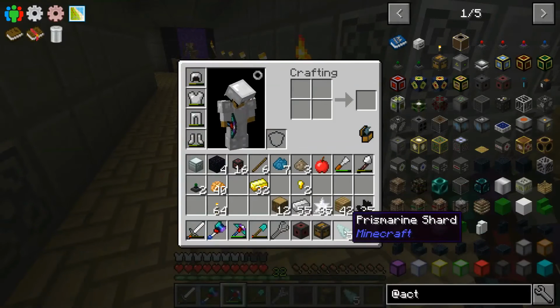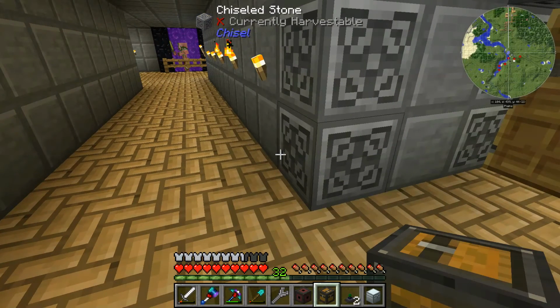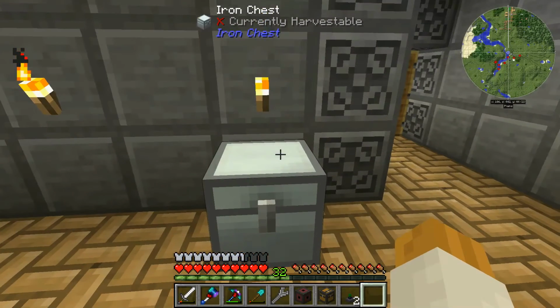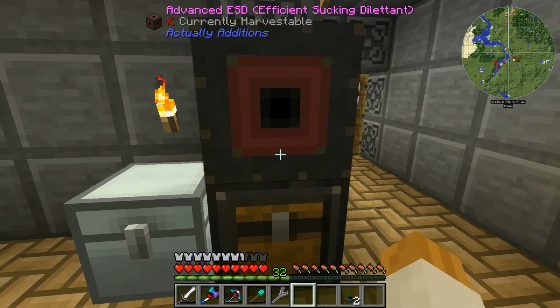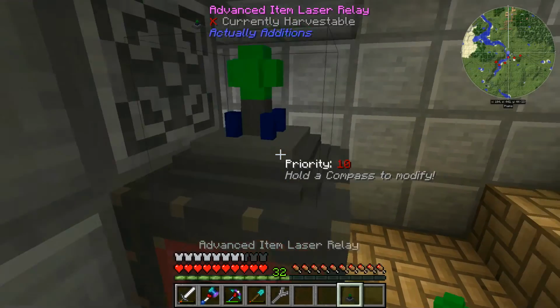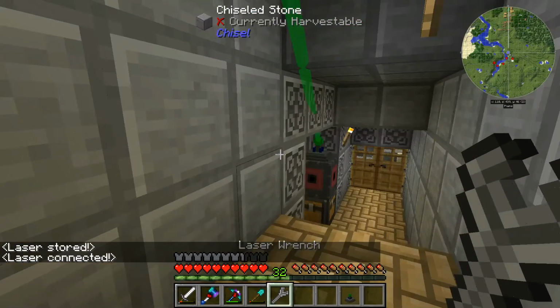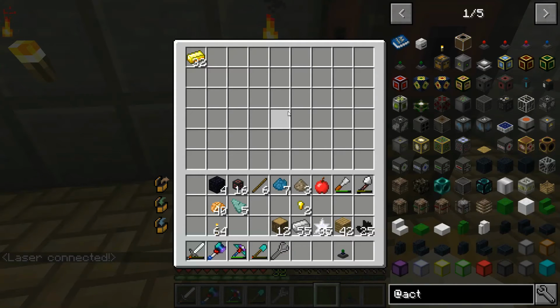Okay. So, need that. How did I do this before? Because I know it's actually really weird the way this works. I think what I'm going to do is I'm going to put the chest here, item interface here, that there, and then I think the way we had to do it was that was on top, and then we can connect these. Okay, so if that is configured correctly, we should be able to drop those in,